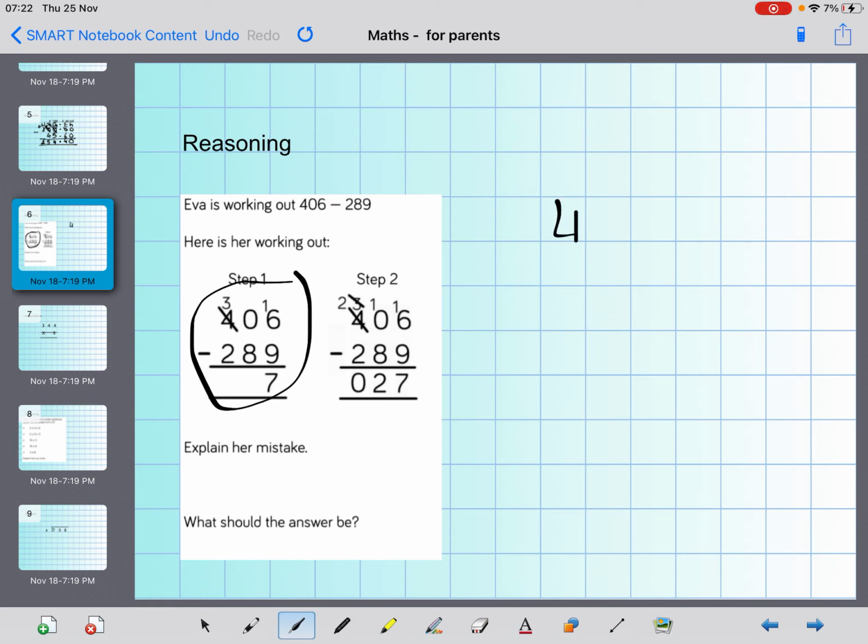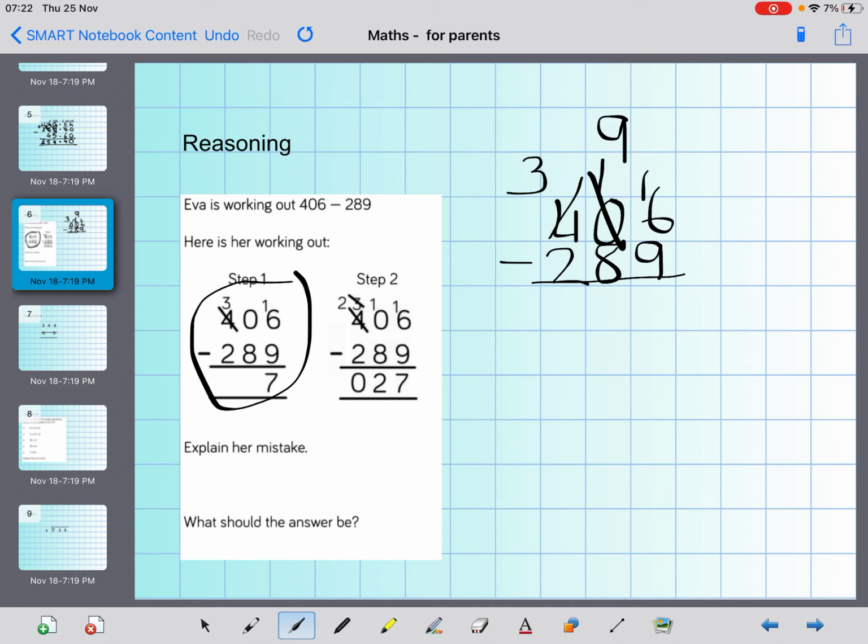So, what Eva should have done would be exchange from her hundreds into her tens first. And then from her tens, she would exchange 1 10 into 10 ones, giving us an